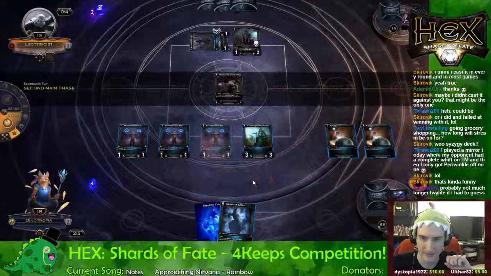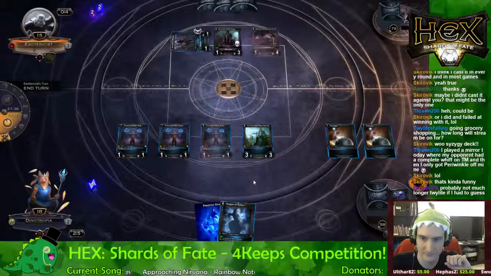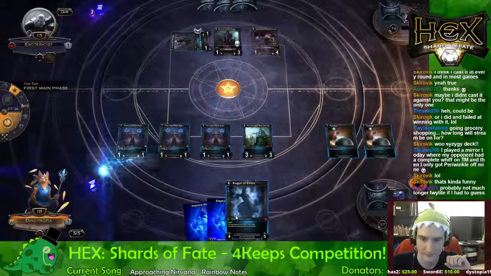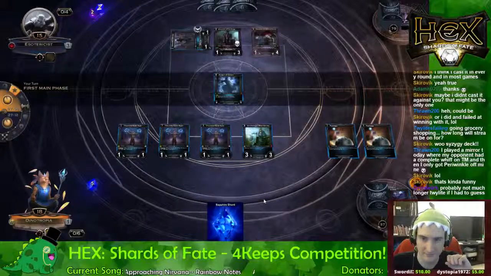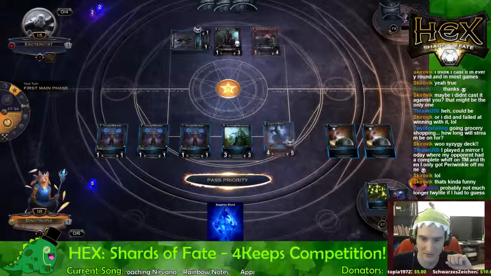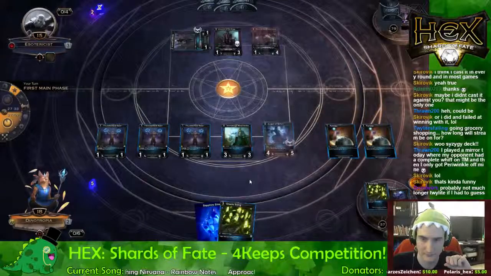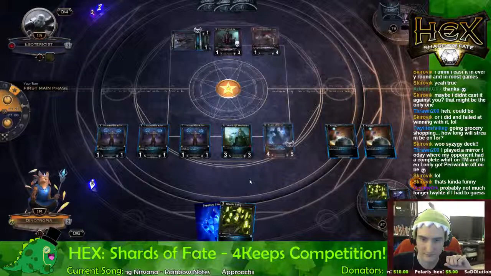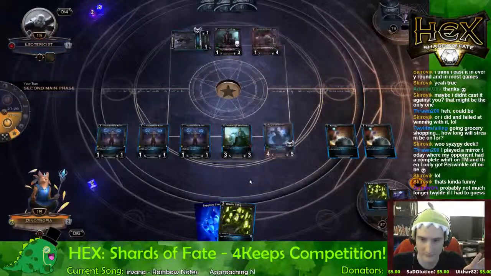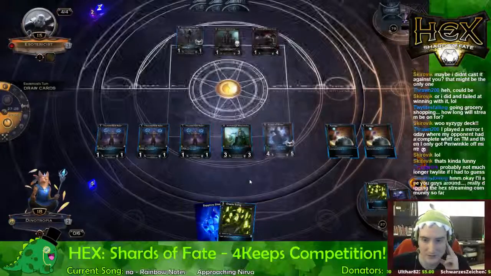But at the very least, oop, Fenteo. Uh-oh. We can see what's coming. Ooh, Oracle Song. I like that. Please don't have Extinction. But even if he does, we have 2 Oracles, so...